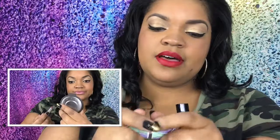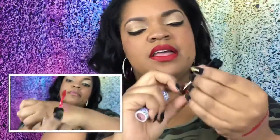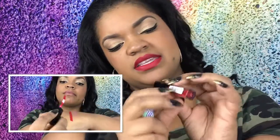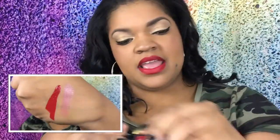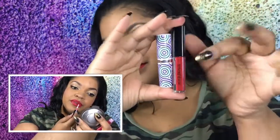And then they give you this sample size of a Smashbox. This isn't full-size Smashbox because they're way bigger than this. This one doesn't have a name on it. It just says A67, but I don't think that's a name. And this is the color right here. It's just like a gorgeous red. It's on here, on my lips. It has a weirdo applicator, but I really like it. And it's like, why are you doing 2 lip products? I don't get it. Like, why wouldn't they give us an eyeliner or something? But I'm not gonna complain about the two lip products. But yeah. So then